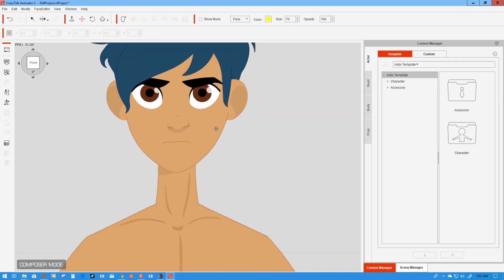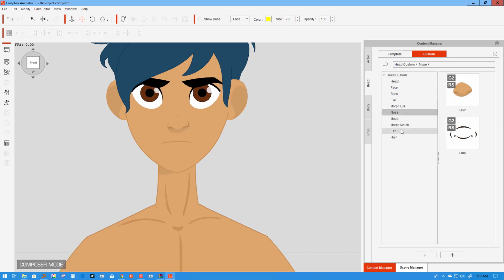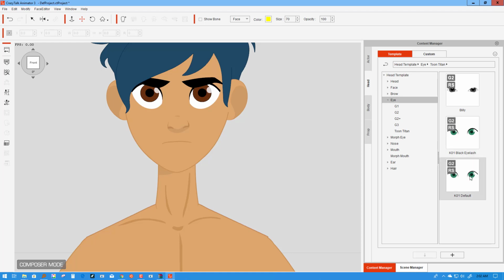So we have the default ones, which use the same color as the eyebrows, and we have the black eyelash color eyes. They're the same exact eyes, you just drag and drop the ones that you want. The default ones will be color mapped to the same color as the eyebrows. If that's not what you want, then just replace them with the black eyelash version of them, and that way whenever you change the color of the eyebrow, it won't affect the color of the eyelashes. So you can do that. So I'm gonna go ahead and drop those in there, and I'm gonna leave it as a basic black eyelash. Most cartoon characters will stick to a basic black eyelash,